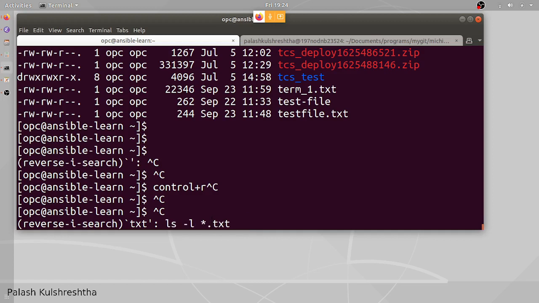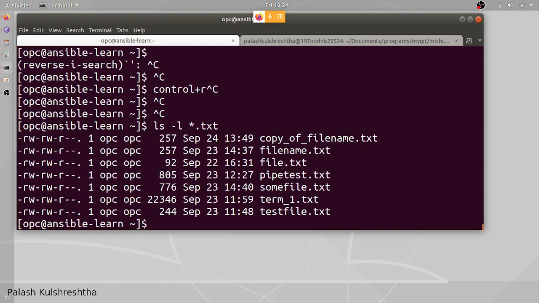That way I am going to find all the commands that I've executed one by one. If you find the command that you were looking for, you can just press enter. It is going to execute that command again.